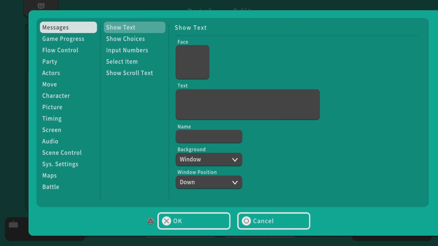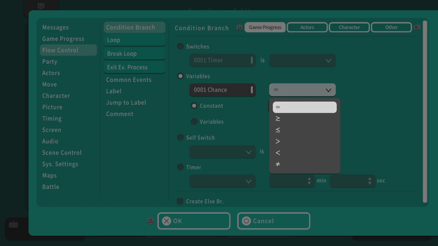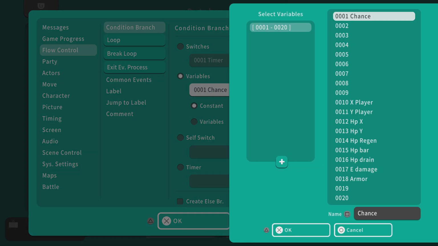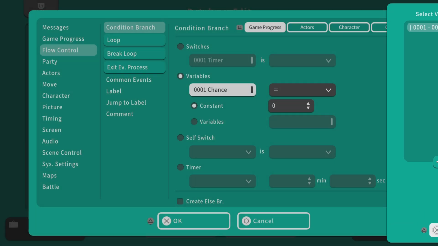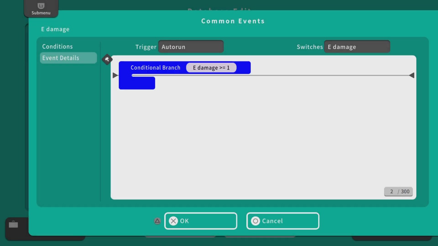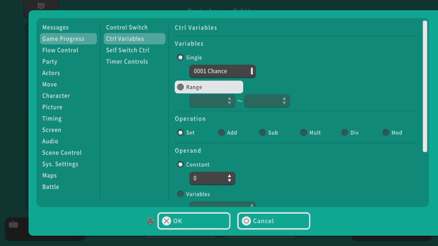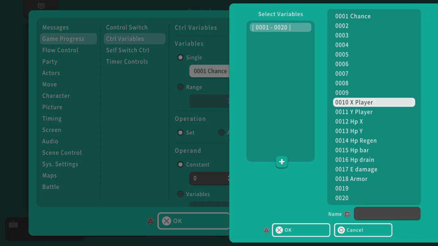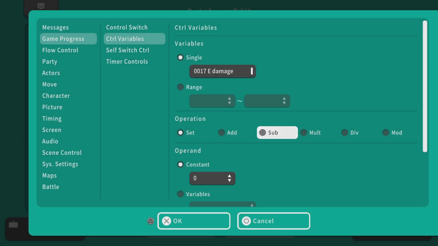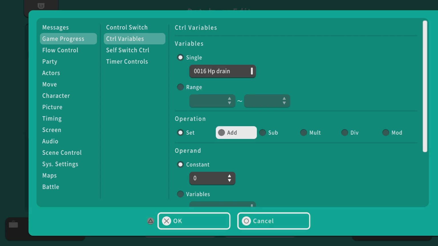And then set E damage to, if E damage is above 1, take E damage. No, take E damage. Take drain. Add